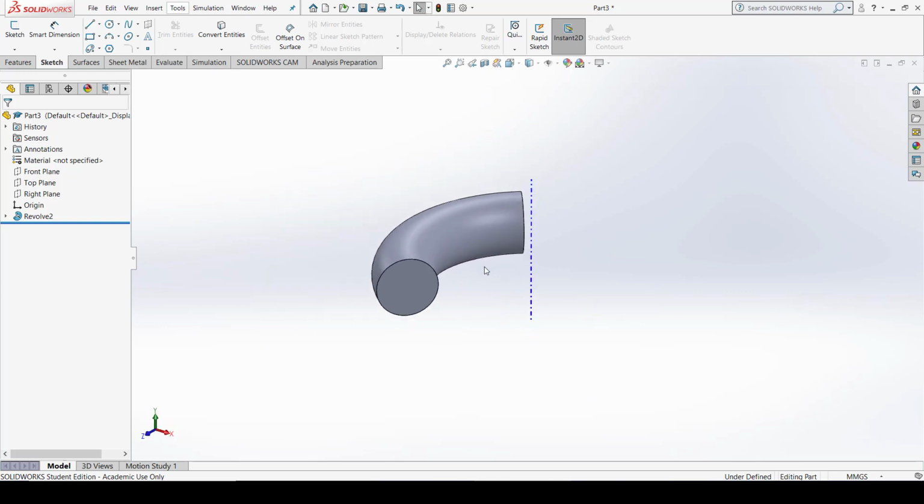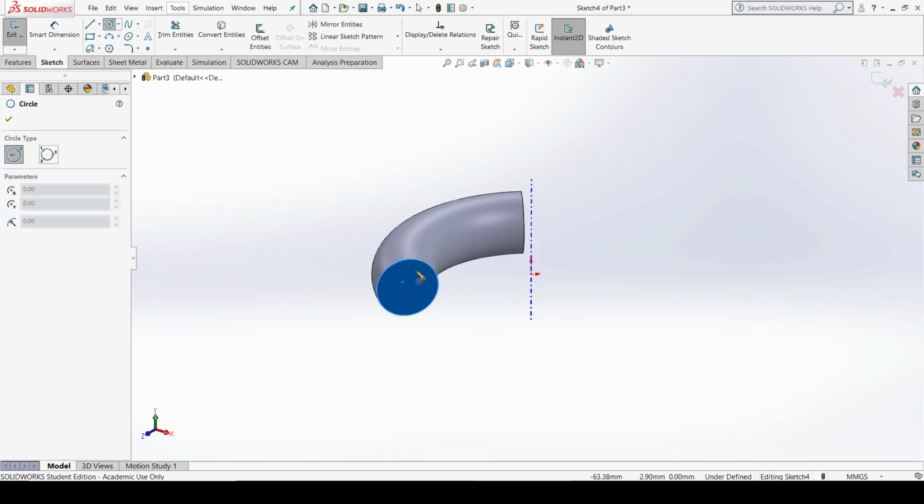I think things are clear right now. So you can also create a hole in this, we can say a bend, a pipe with the help of the revolve command. What I do, I just select the circle face here, go to sketch command, draw a circle.